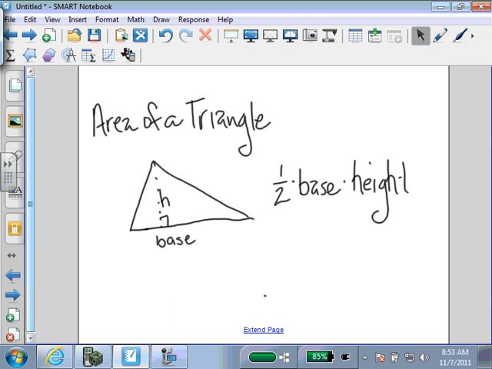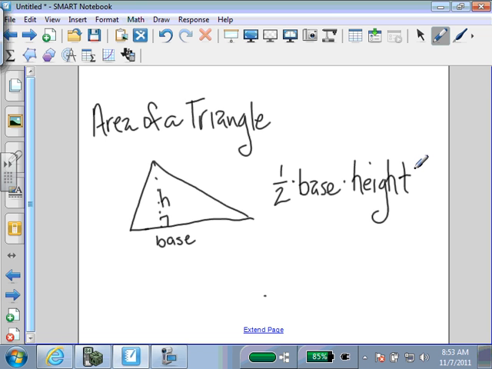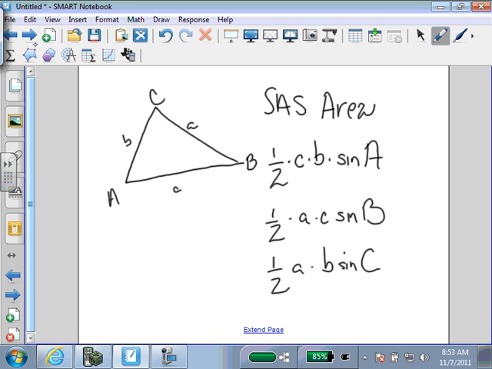Today we are going to look at two new formulas for the area of a triangle. Hopefully you all know the 1/2 base times height formula for the area of a triangle. I think they teach that in junior high. Today's formulas, one is going to be the side angle side area formula, one that you can use if you